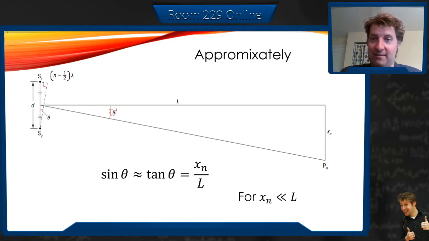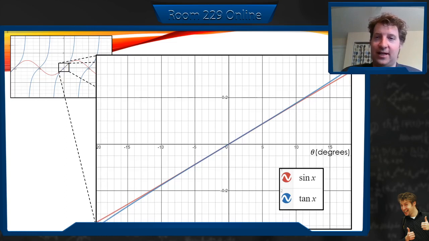And it's just going to be that xn divided by L, opposite over adjacent, gives us tan theta. So just to prove it to you, the blue line is tan, the red line is sine. If I zoom in anywhere between 5 degrees and -5 degrees, you cannot tell the difference. Things start to diverge here around 10 degrees, -10 degrees, but sine and tan are pretty much the same thing